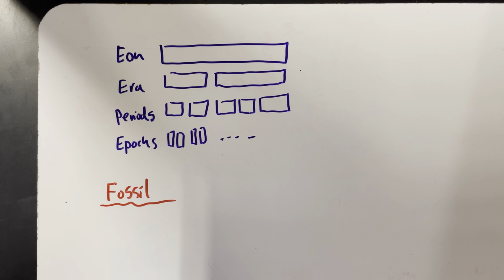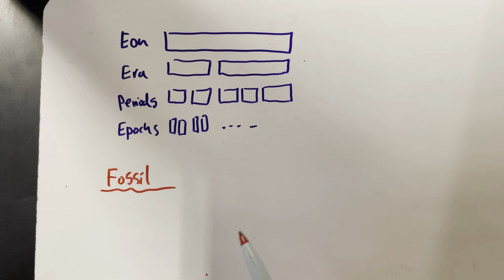It has to be covered by sediment, and it has to be covered by sediment quick enough that it doesn't actually dissolve or get broken down by microbes, that sort of thing. So fossils, you often find them in what type of rock? Yeah, sedimentary rock, right? So 99% of the time you'll find a fossil in sedimentary rock.